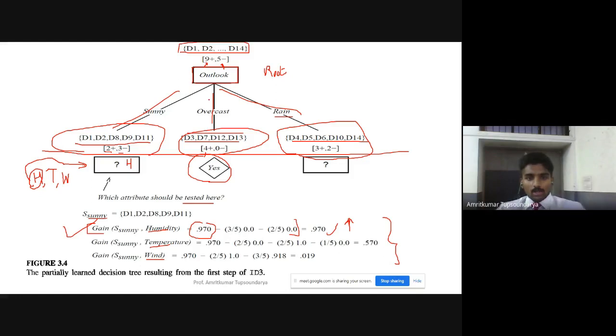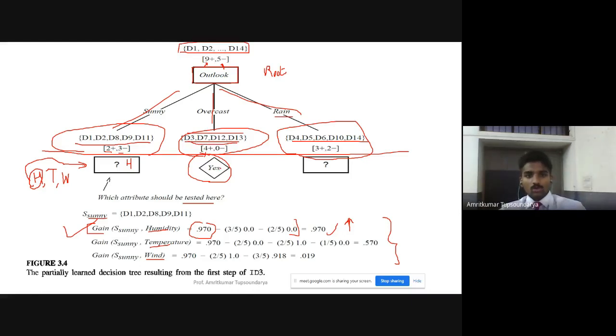outlook, you can clearly see that there is no negative example, right? There are zero negative examples. So, in this condition, the ultimate decision or the discrete value for this particular decision tree will be yes, right? So, we have just four training examples, and all four training examples are positive.